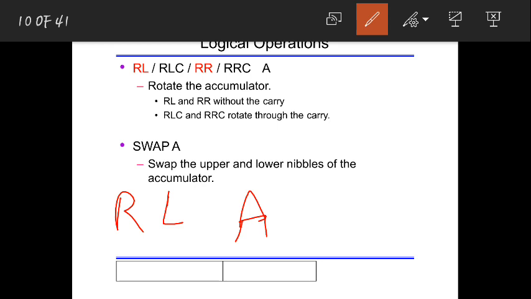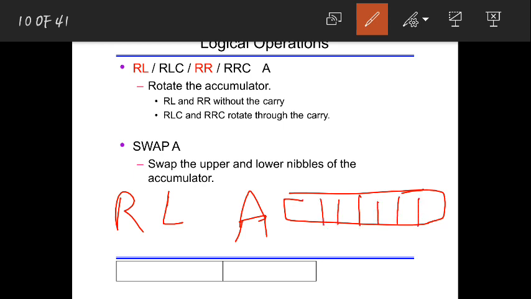That means what it actually does is, I'll just draw an accumulator here, the A register. Rotate left accumulator means rotate 1 bit in the accumulator towards left.